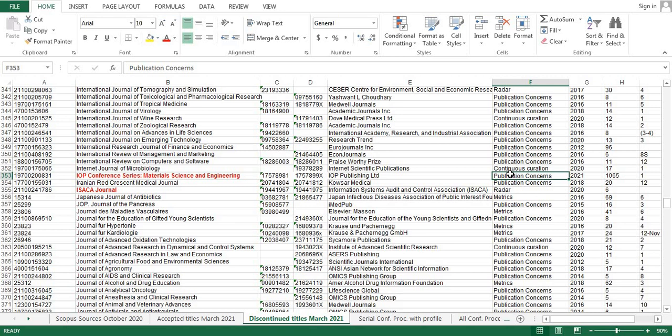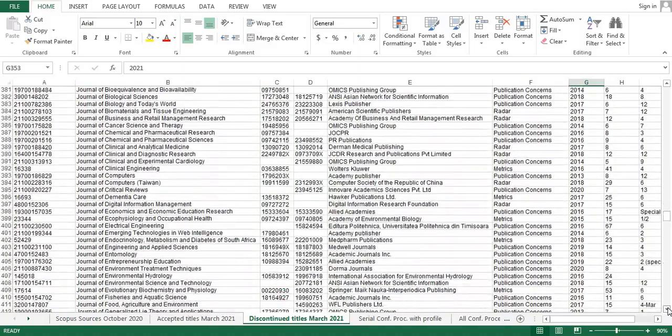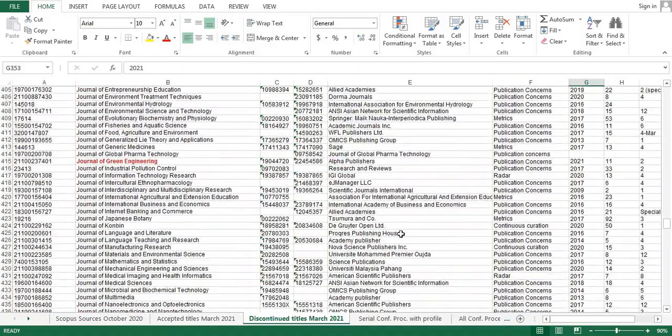The reason for discontinuation and all these details are given here, and final coverage details for the particular journals are also given over here. You can just go through it. Let me scroll down to find another journal. Here you can find another journal, why it was removed, all these details, and the final coverage details also.